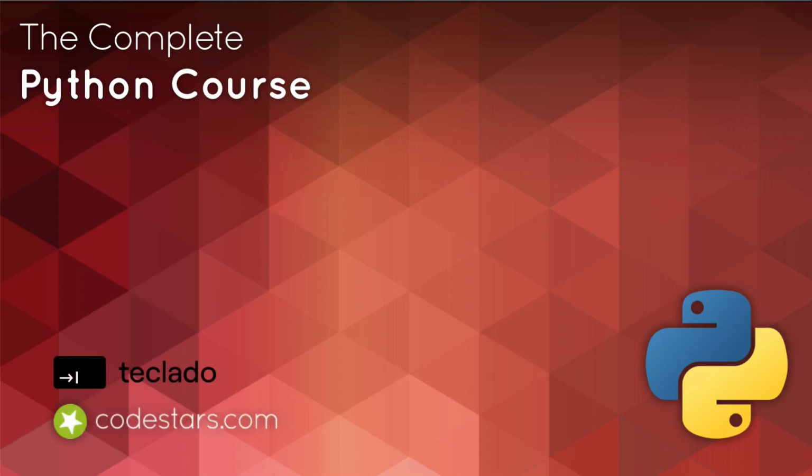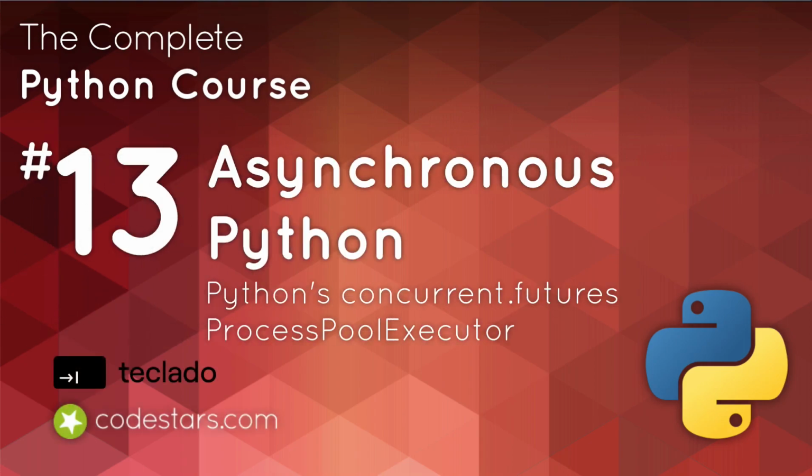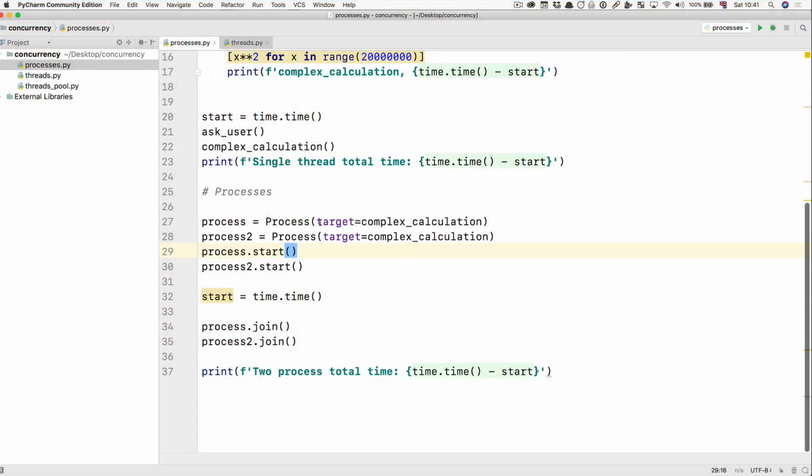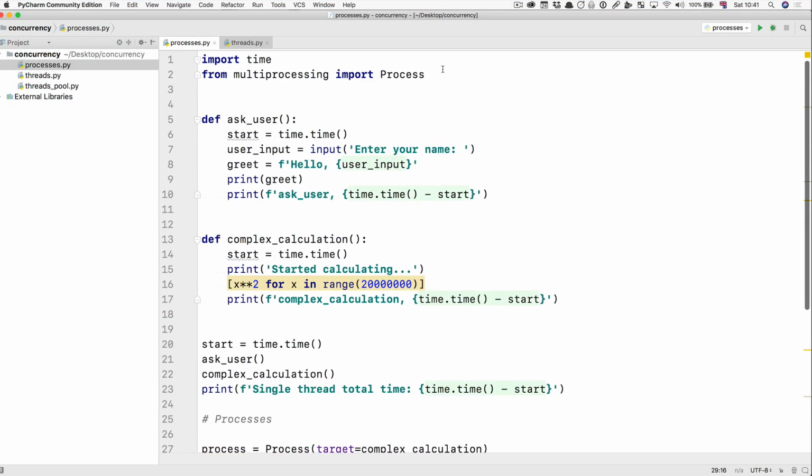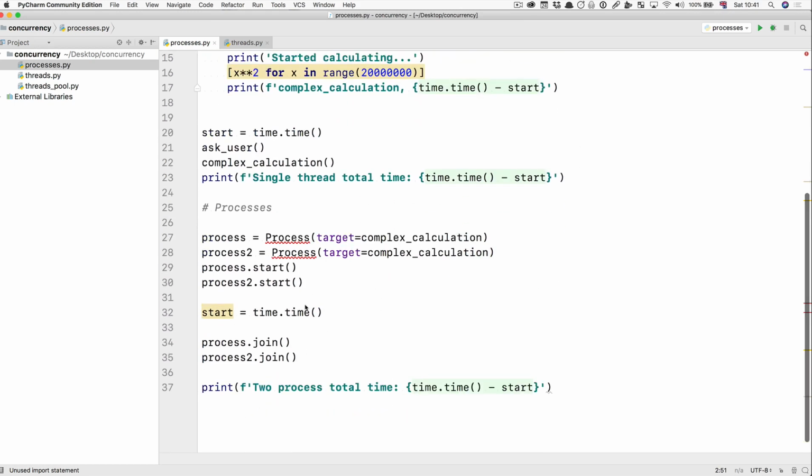Hi and welcome back. Again, just a short video on the improvements you can make to this multiprocessing code. Instead of using the multiprocessing module, you could just use the concurrent futures module. And you can import a process pool executor. Same thing as a thread pool executor, only it creates processes instead,